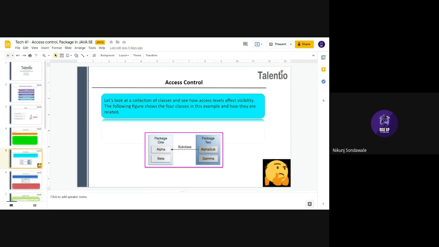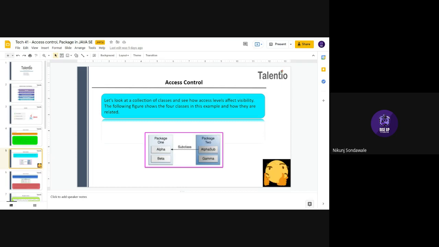These all four classes are different, but alpha sub class is a child class of alpha. And both alpha and alpha sub are from different packages, right? Which means my alpha class should be a public class, so that I can create a child class in some different package. So we can conclude this alpha class must be a public one.